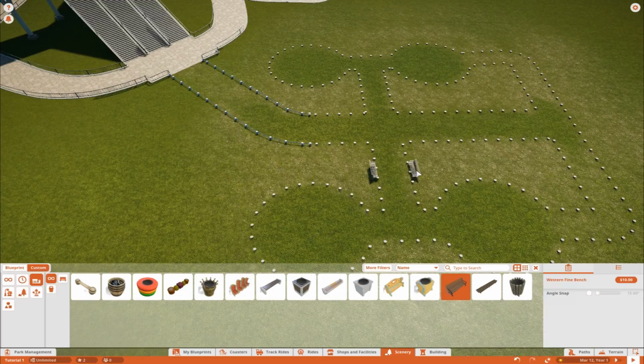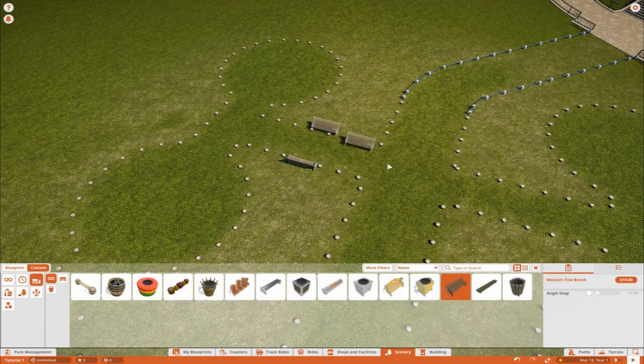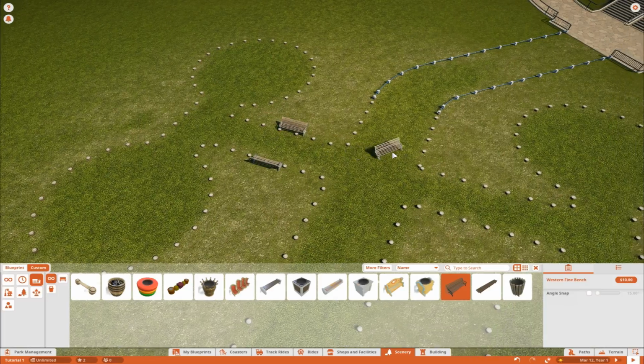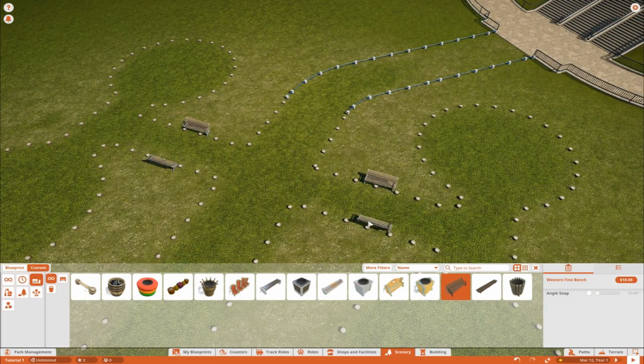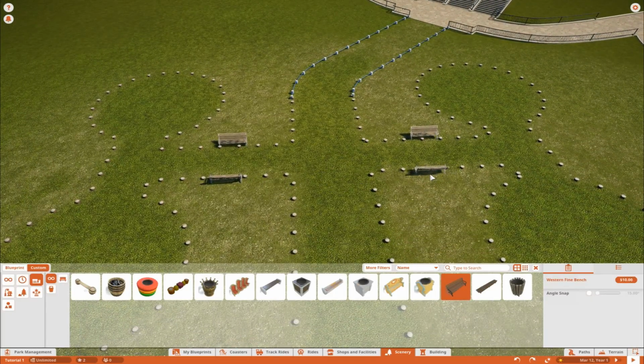They'll still use them, but as you can see now, we didn't eliminate a flow of where visitors and guests can go. So we're just going to do the same thing over on this side. And whoops, and again, Control Z to undo and put down our benches. The other thing that is a little